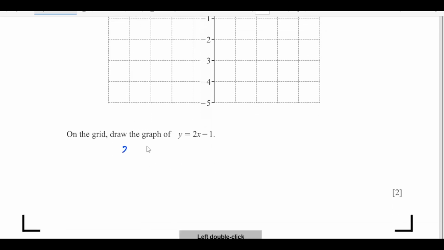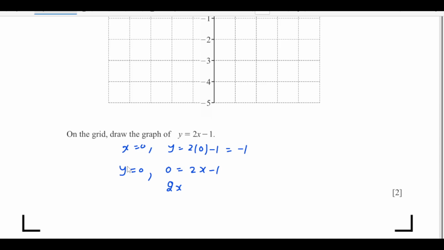So when x is 0, what will be y? y is going to be 2 times 0 minus 1, that is negative 1. So the point is (0, -1), and when y is 0, what will happen? This is 0 equals 2x minus 1. So from here x is going to be